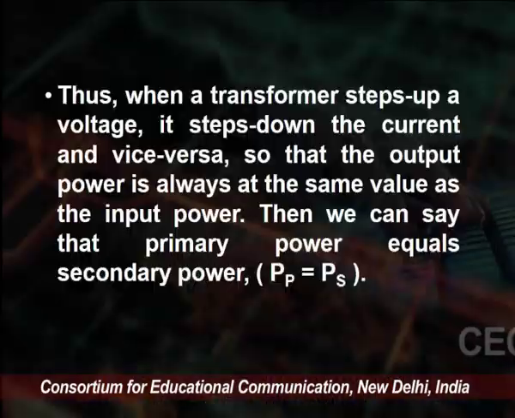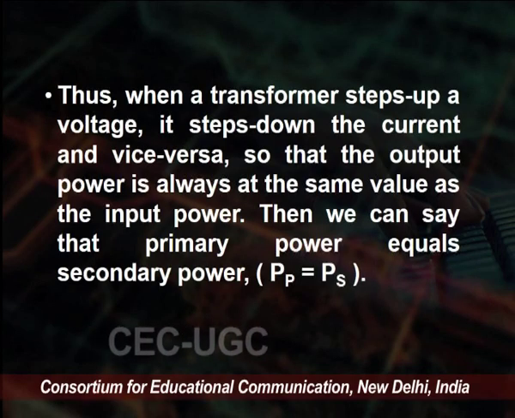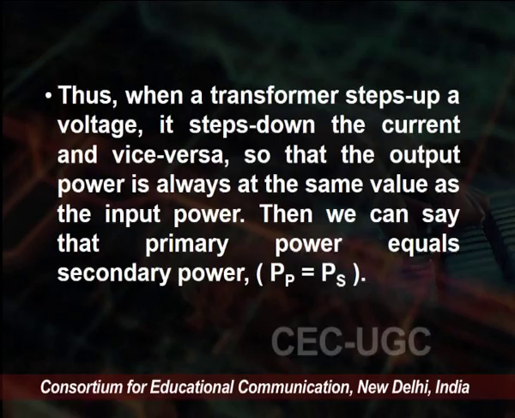on the primary, which is transformed into electric power at the same frequency at the secondary voltage and current level on the secondary side. Although transformers can step up or step down voltage, they cannot step up power. So we can transform the power from one side to the other. Thus, when a transformer steps up a voltage, it steps down the current and vice versa, so that the output power is always at the same value